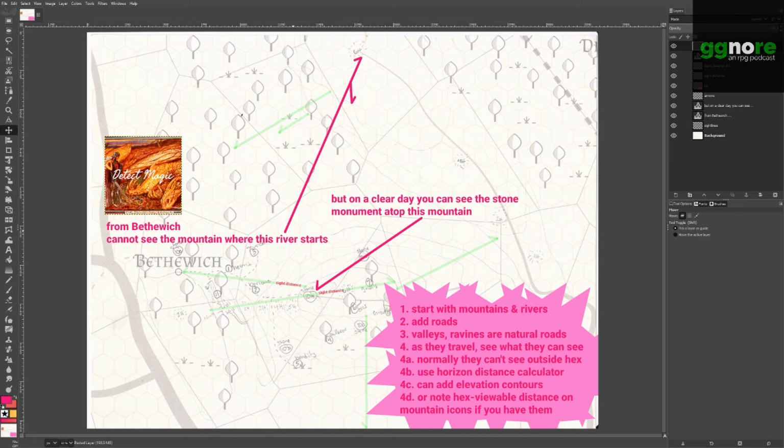I previously posted about path crawls. I know you can find episodes about that on our stream and also on Detect Magic. Path crawls are good, but they're mostly, or at least as I've used them, mostly for more local areas. They're kind of overland dungeons where you've got usually trails through forests, that kind of thing, where you have virtual walls where there are trees, and you see what I'm saying. But how do we make naturalistic pathing available at large-scale overland travel, where we'd normally just use hexes?